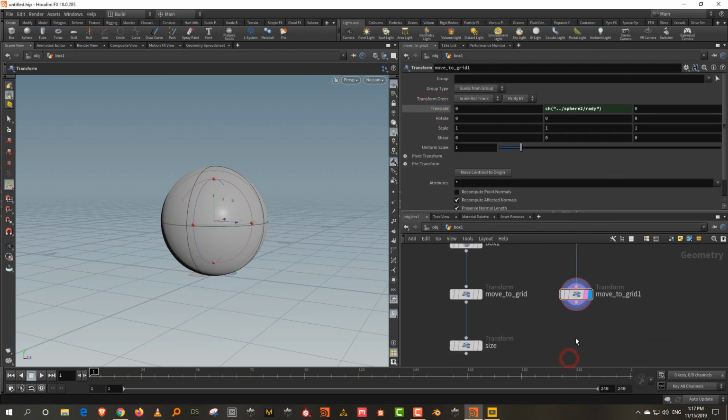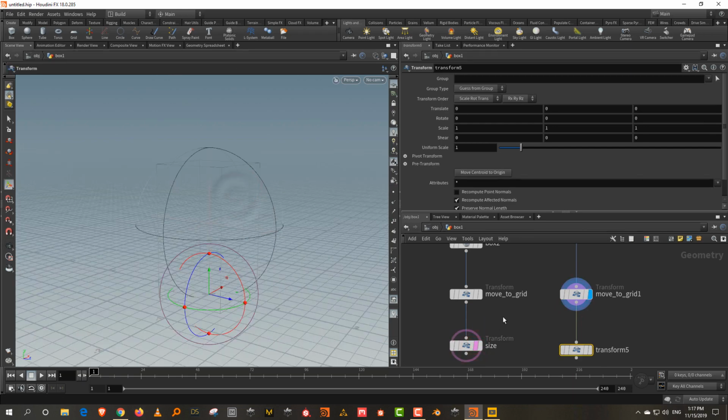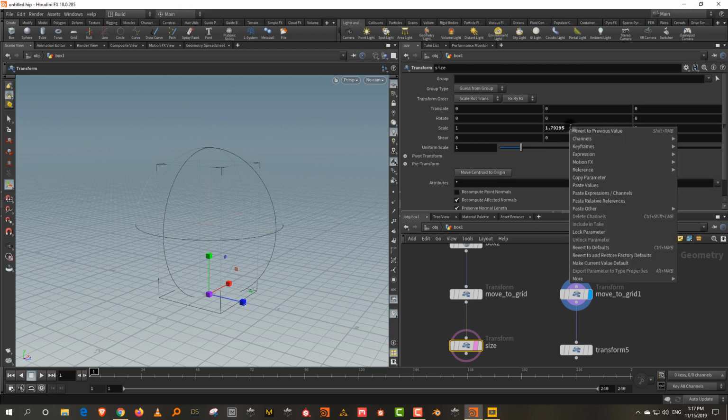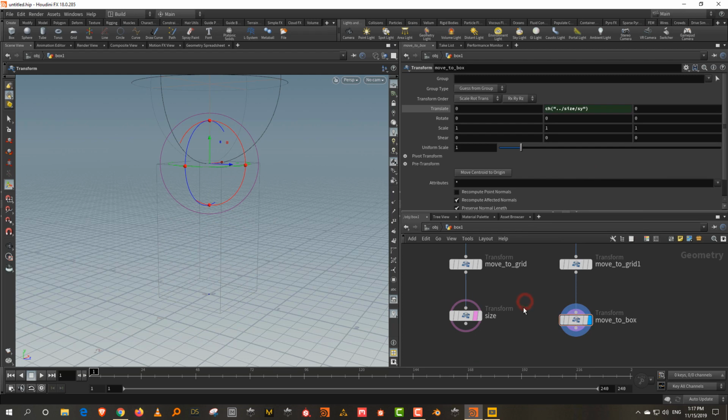And then what I can do is take another transform and I want it on top of this box. So I can turn on the template. So that's where my box is. And this size technically is the height of the box. So I can right click here, say copy parameter, and call this, say, move to box. Okay, doesn't make much sense, but okay. And then I can come into translate Y here and right click and do paste relative reference, and there you go. So now if I merge these two together,